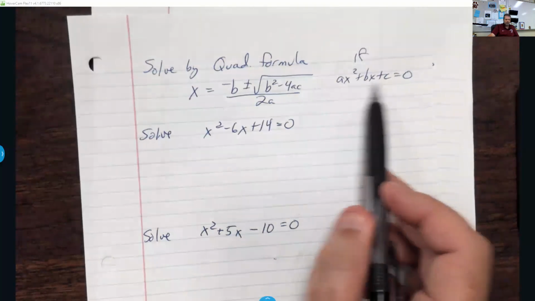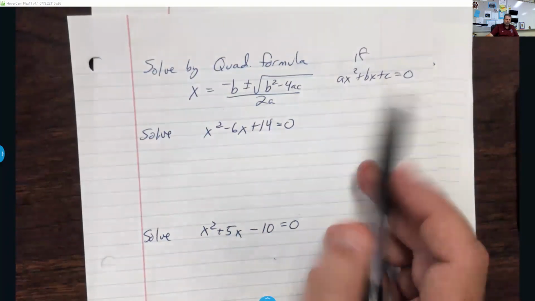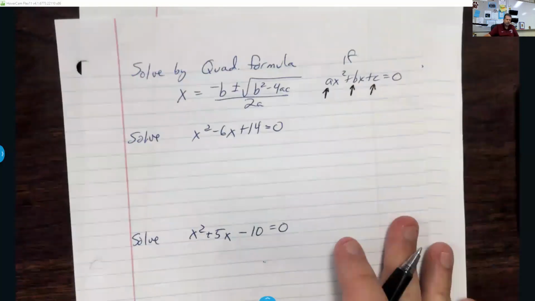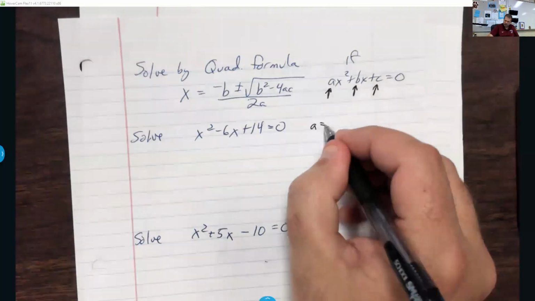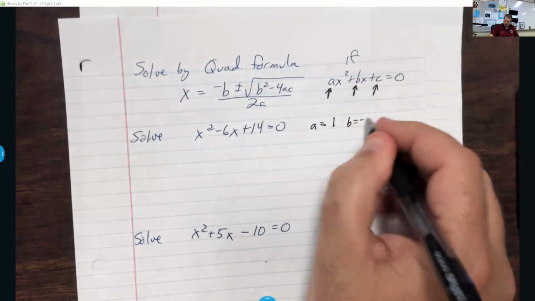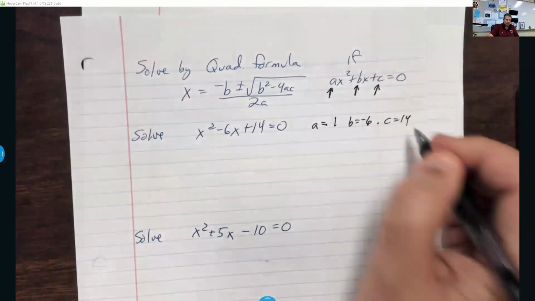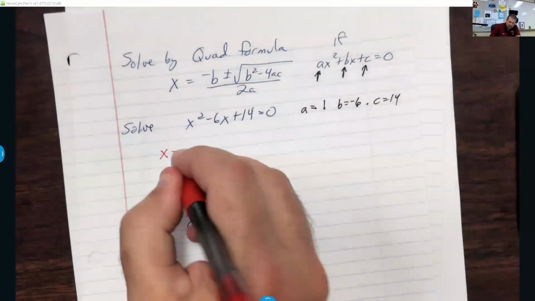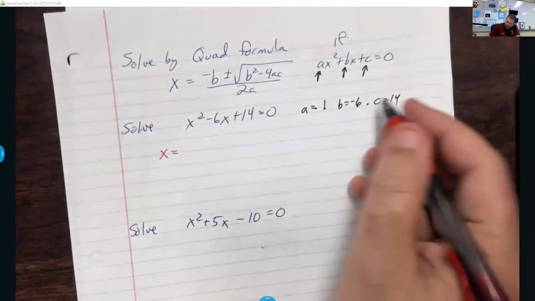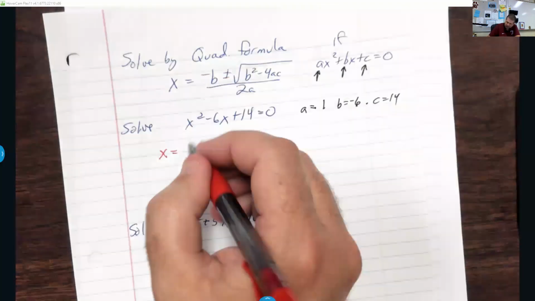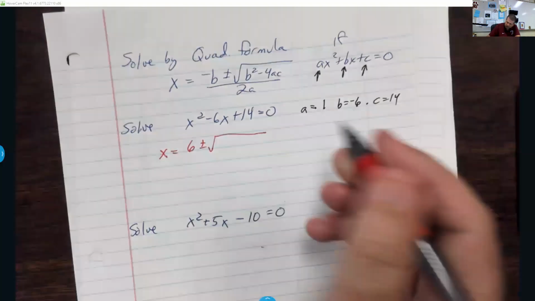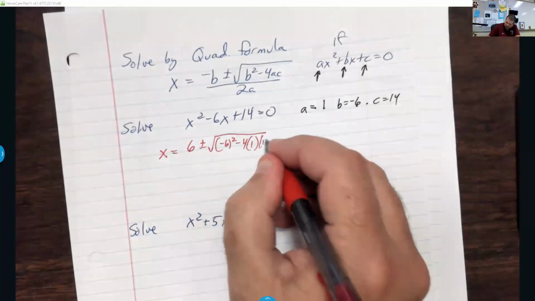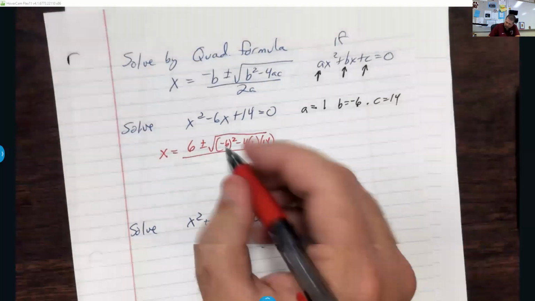If, and you have to have it in standard form, because I need to find a, b, and c to plug into your formula. So you're going to find a, which here is 1, b is negative 6, and c is 14. So in this purpose, you're just going to plug everything into the formula. It's already solved for x. So we're going to go negative b. So if b is negative, that means negative b is positive 6, plus or minus the square root of negative 6 squared minus 4 times 1 times 14 all over 2 times 1,